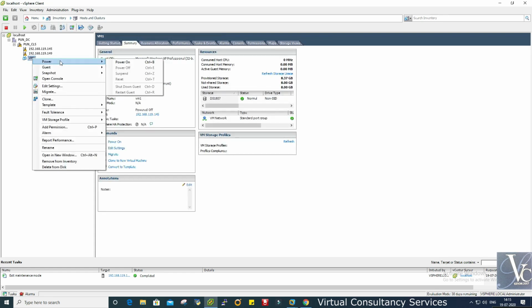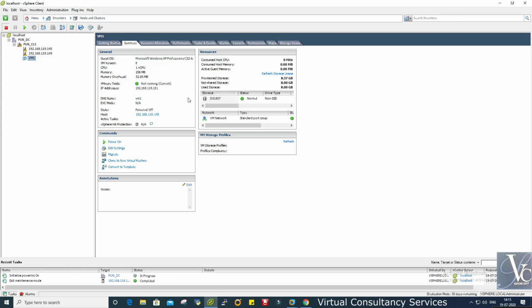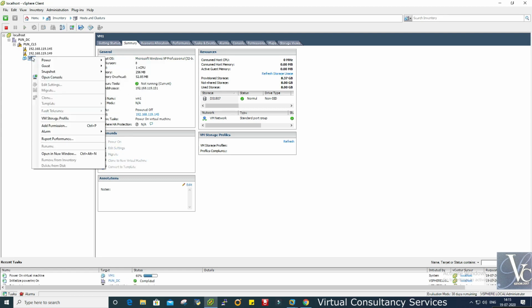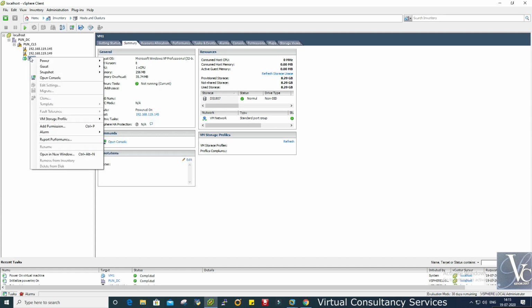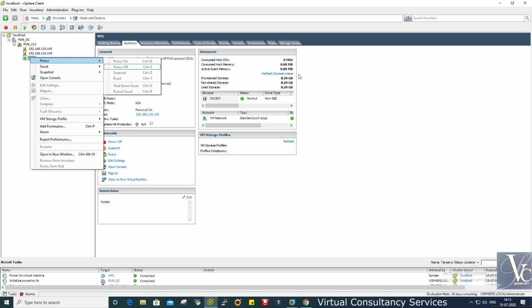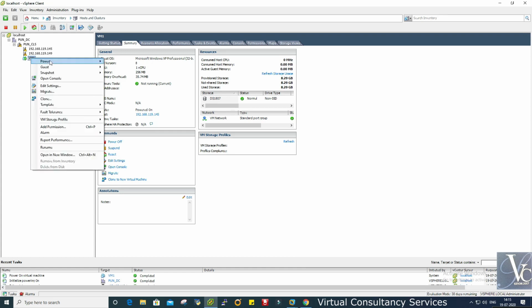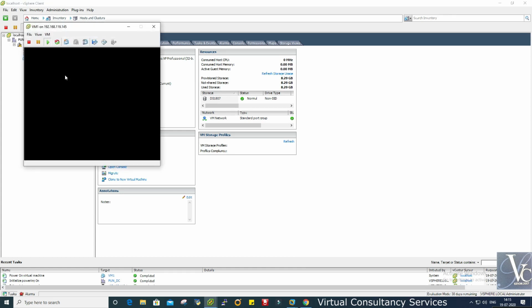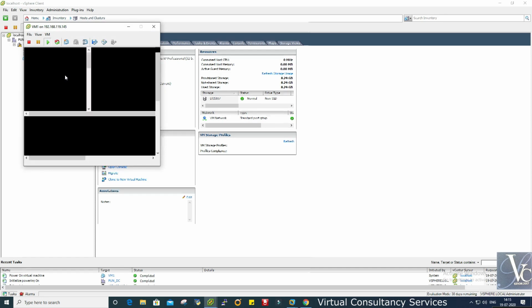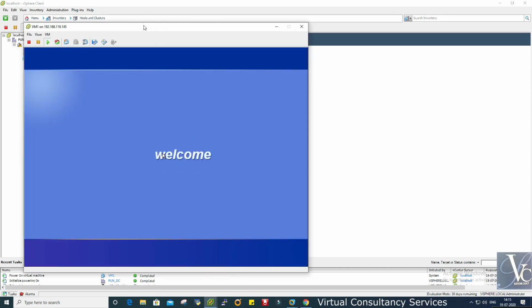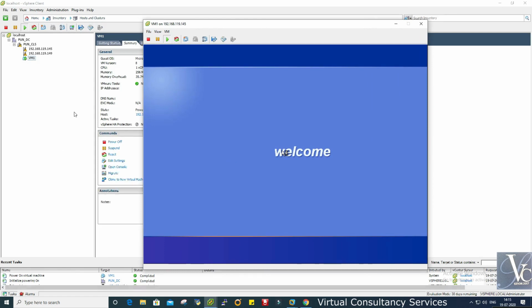Okay, so this is the VM that we wanted to power on. I just click on power on. We go into the VM, right click, and power on. We will go through these options later on, but currently I just want to show you how that shared storage will work here. We will take the console of this VM here. It is starting up.